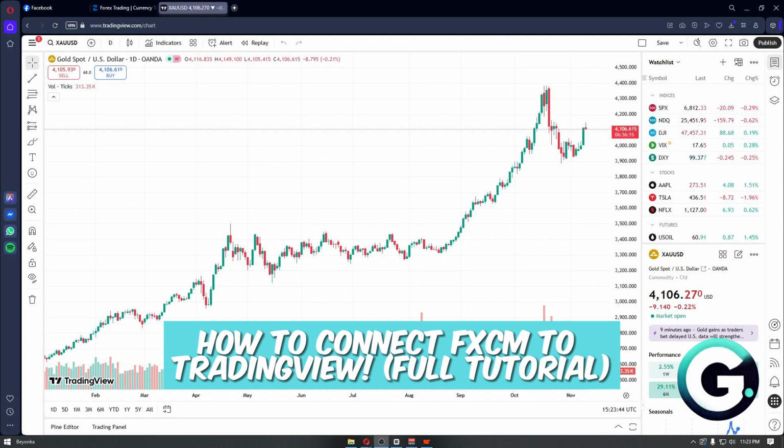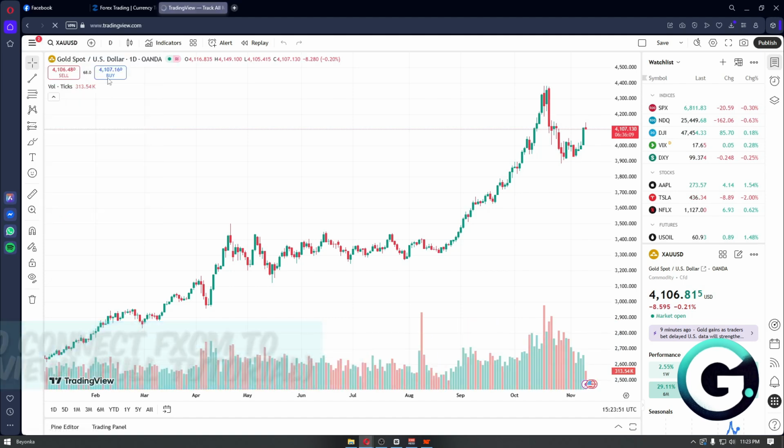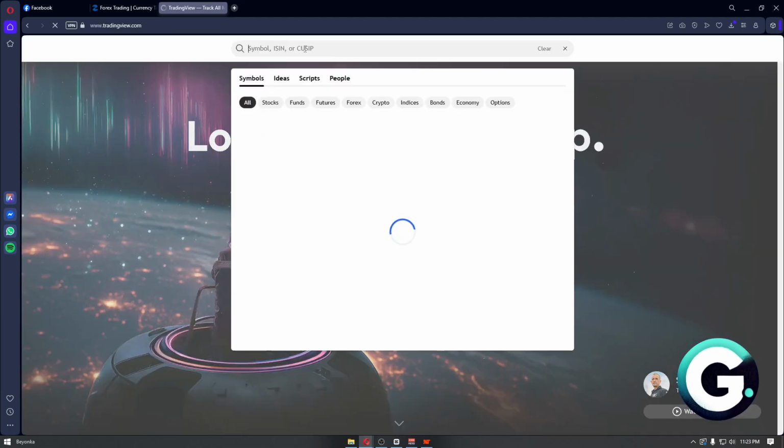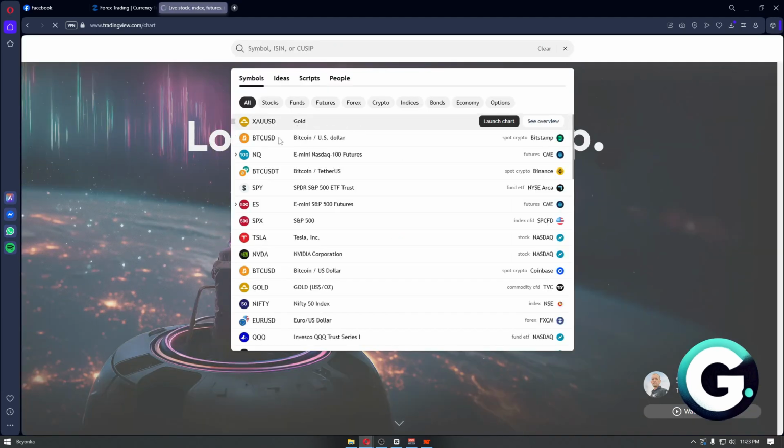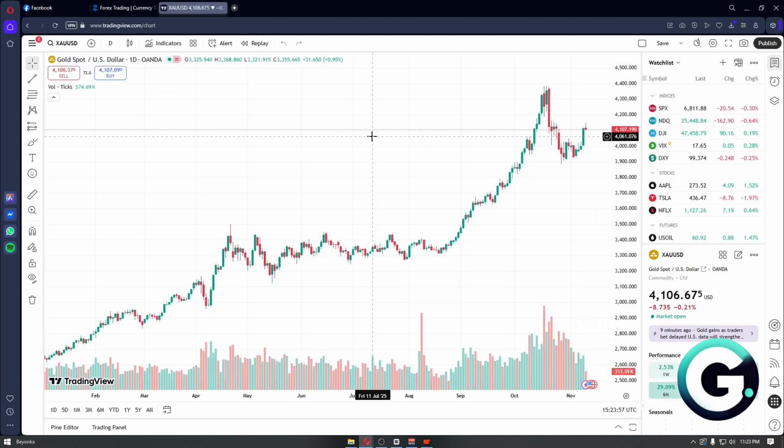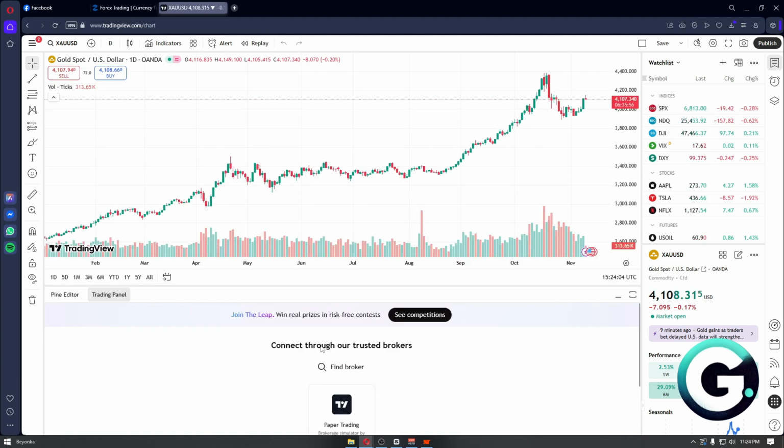In today's video, I'll show you how you can simply connect your FXCM to TradingView. Now this is extremely simple. The first thing that you want to do is to head over to any chart. In my case, I'm going to open up the gold chart right here, which is XAUUSD. From here, you just want to click on the trading panel at the bottom of your screen, and then